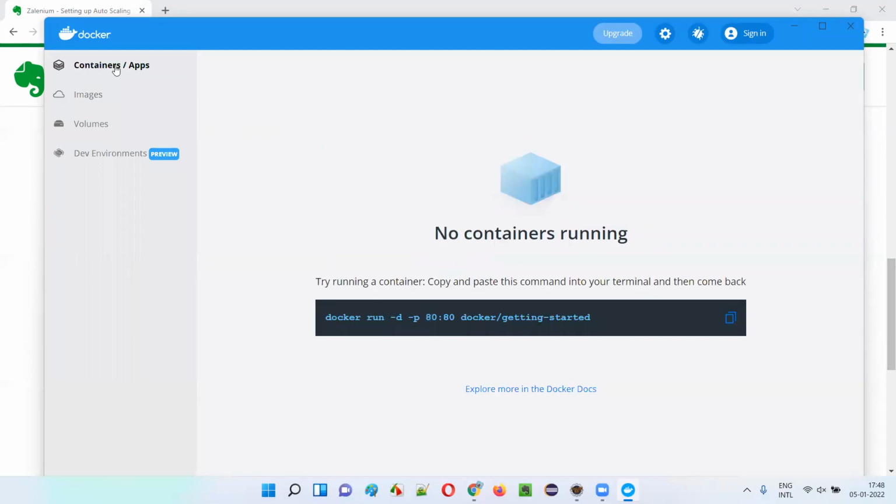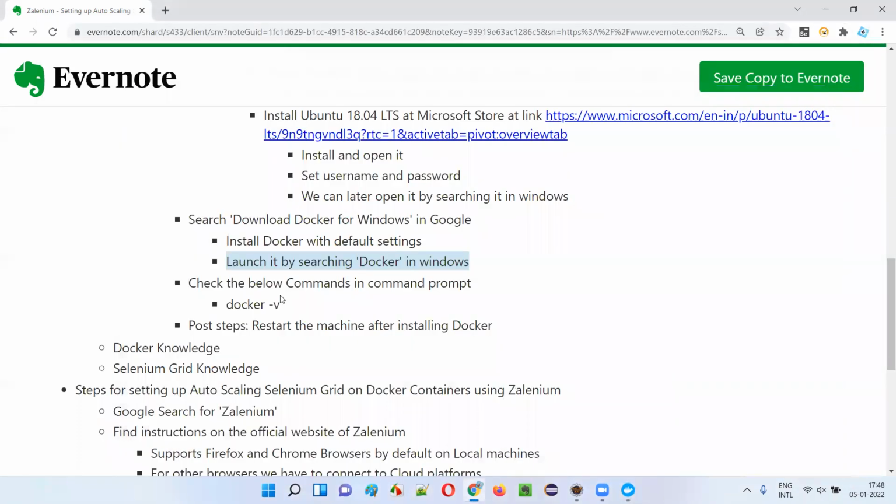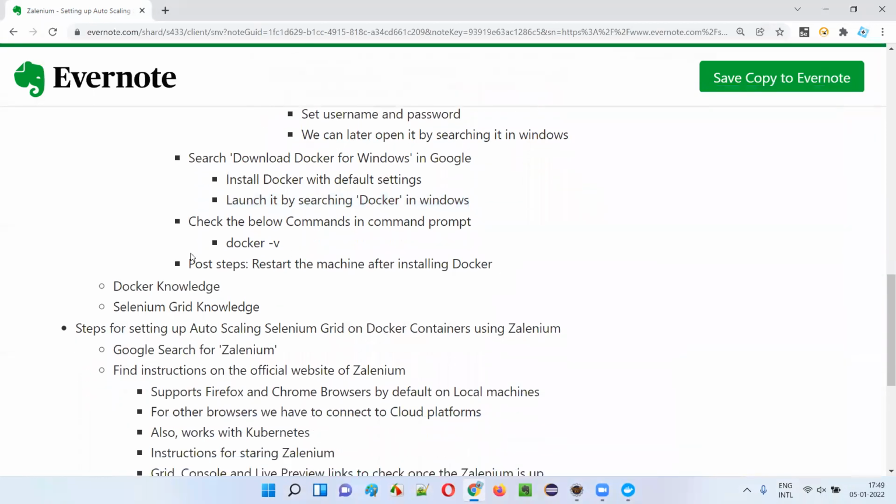So now when you select this containers app on this Docker, right, it says that there are no Docker containers currently running in this machine. And when you select these images, guys, there are no existing or downloaded Docker images in this machine. So it's also blank, containers also blank, Docker images also blank. Okay, fine. Now let's move on, guys. I have launched the Docker in my Windows machine. That's fine. Next thing is,